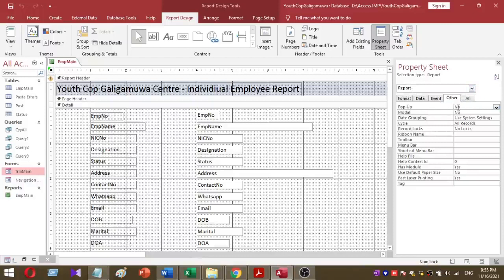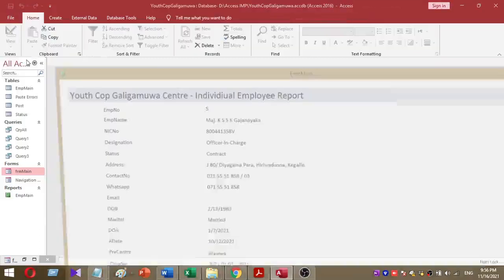By default Pop-up equals No, but you have to change the Pop-up value to Yes. Then save the change.